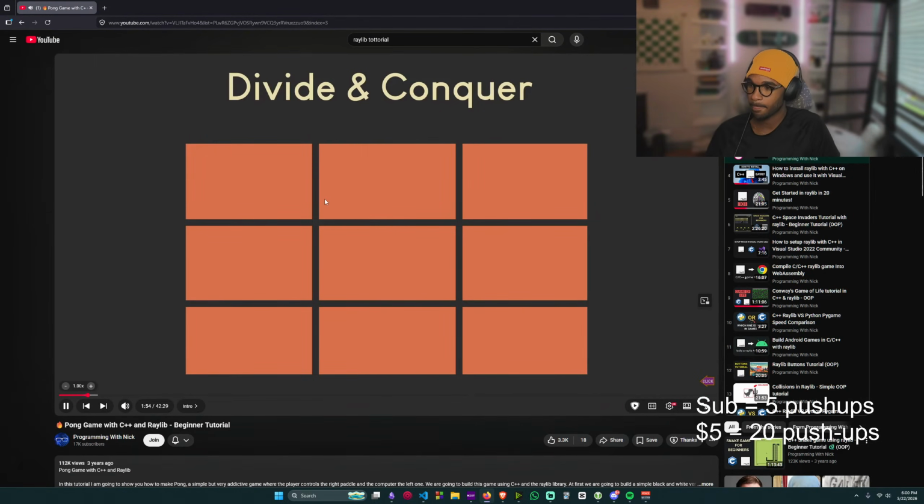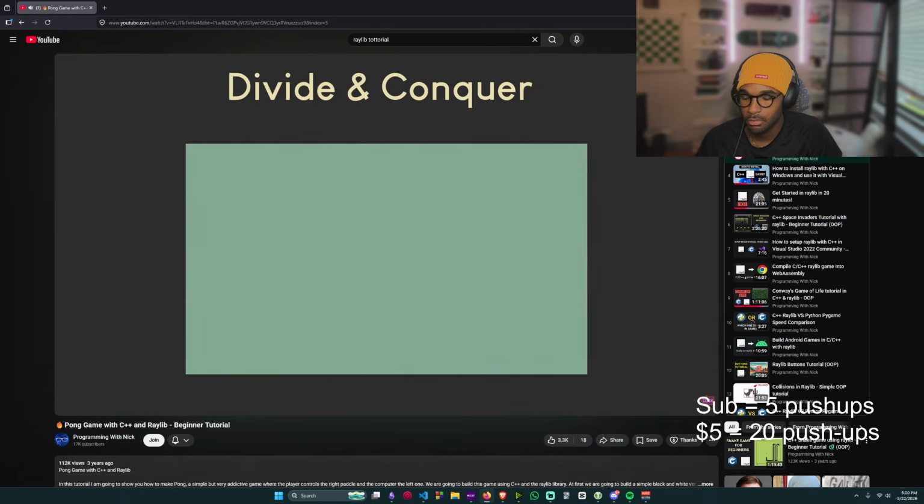problem into smaller, more manageable pieces. Then we solve each piece individually and put all the pieces back together to form the complete solution. So that's what we're going to do. We're going to break Pong down into